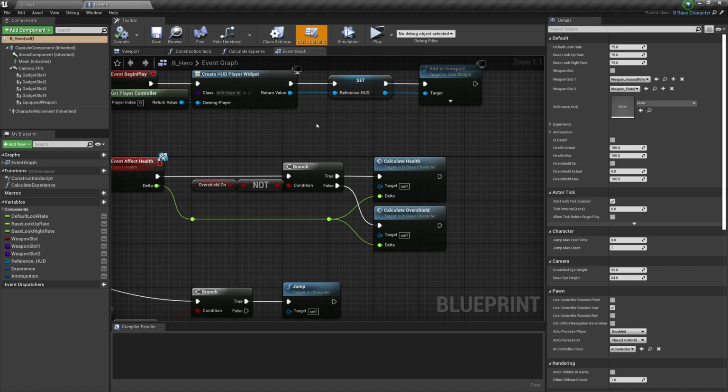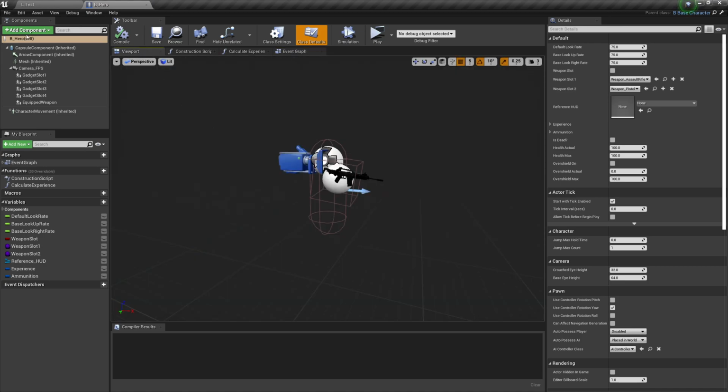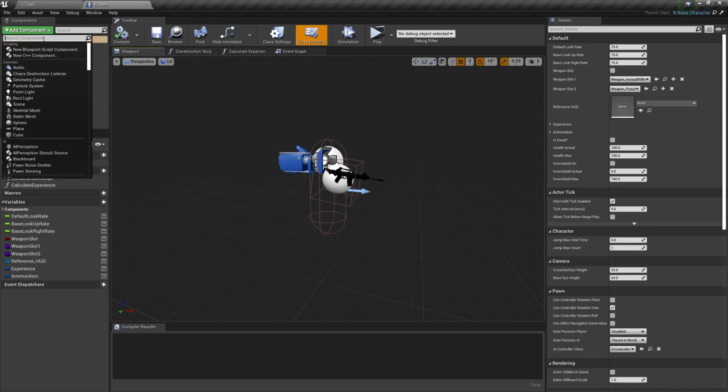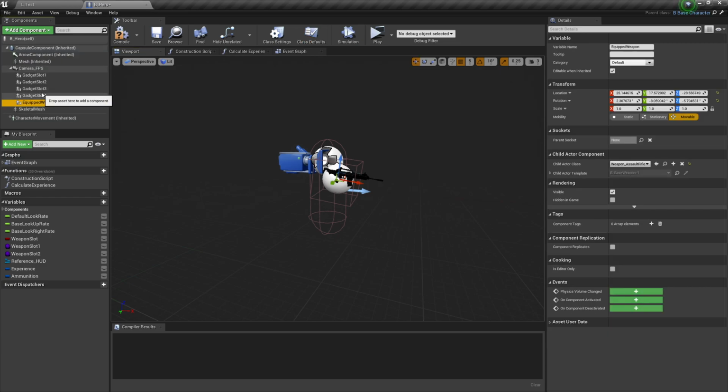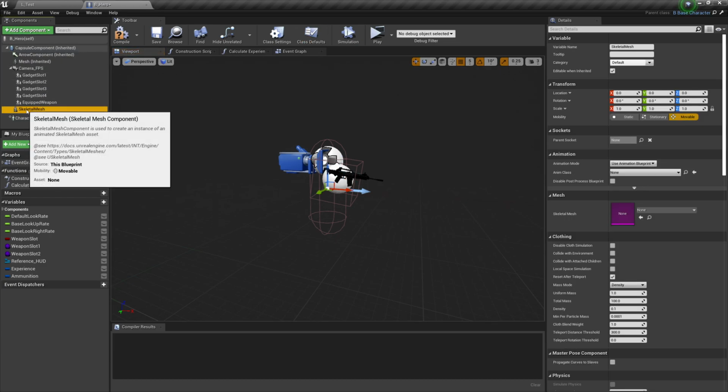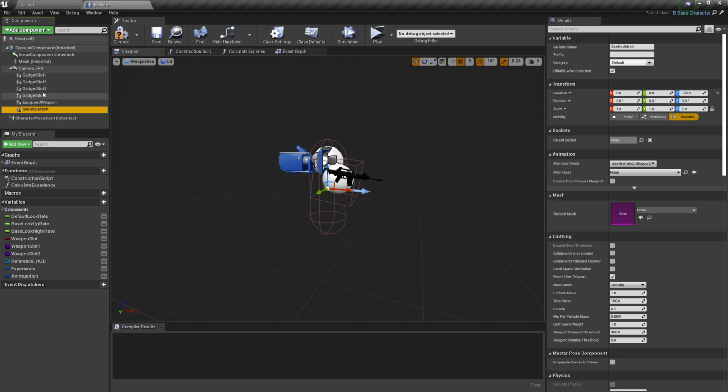And inside of B_hero, we're going to go to the viewport, add a component with nothing selected. We're going to get a skeletal mesh. It's up to you what you want to call it. I'm not going to give it a name for now. With the skeletal mesh, we're going to attach it to the camera because we want this to follow the movements of our camera. Now, with the skeletal mesh selected, pop over to the right where you see skeletal mesh, and